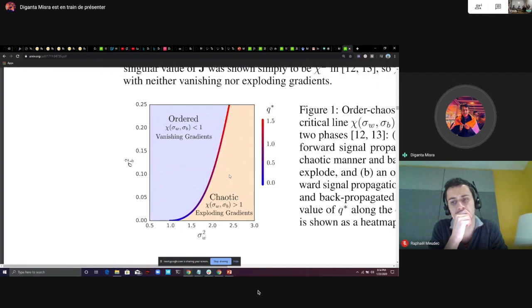In case of ReLU, because it is not continuously differentiable, this Q star line decomposes to a single point, and that point is at (0, root 2). So the bias matrix needs to have a variance of 0, while the standard deviation of your weight matrix needs to be root 2 to make sure that your ReLU network doesn't face vanishing or exploding gradients. The real advantage that Mish brings into play is that the Q star line for Mish is continuous and doesn't decompose to a single point as it does in ReLU.